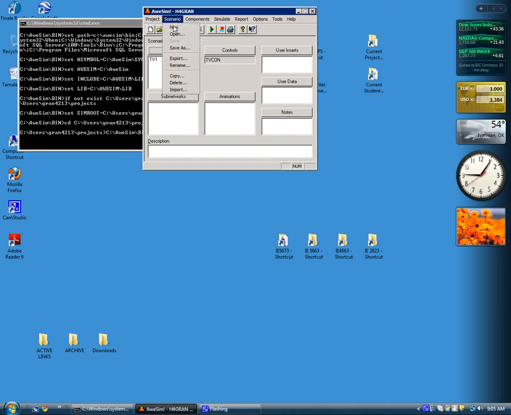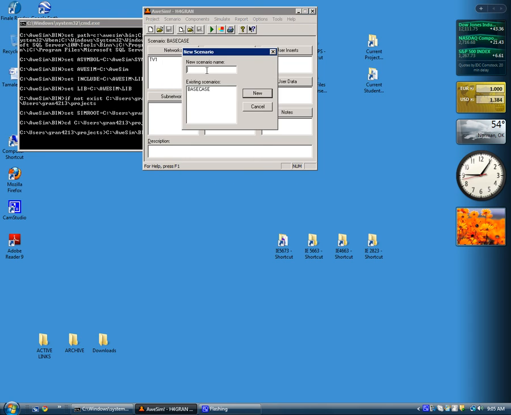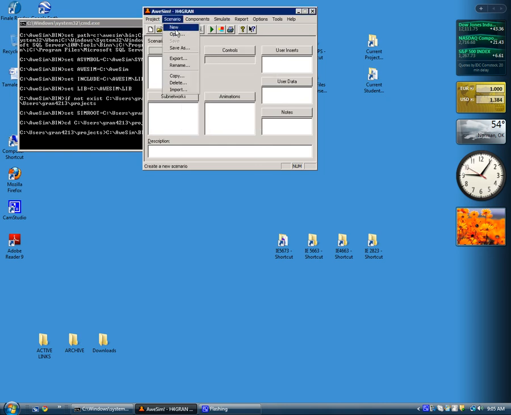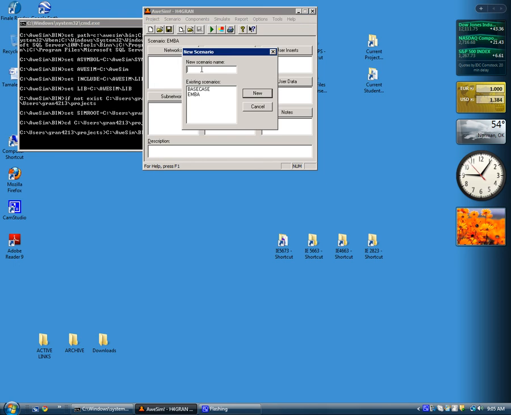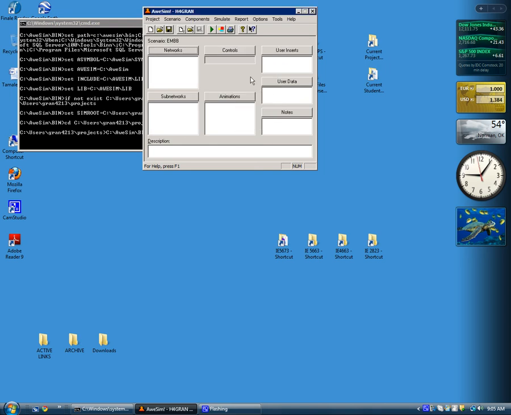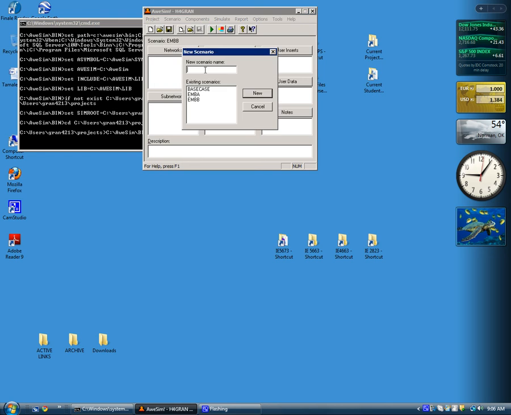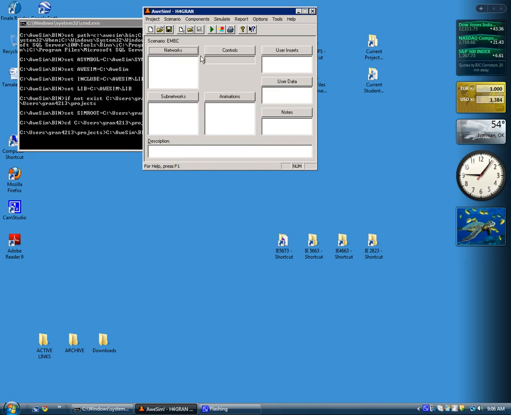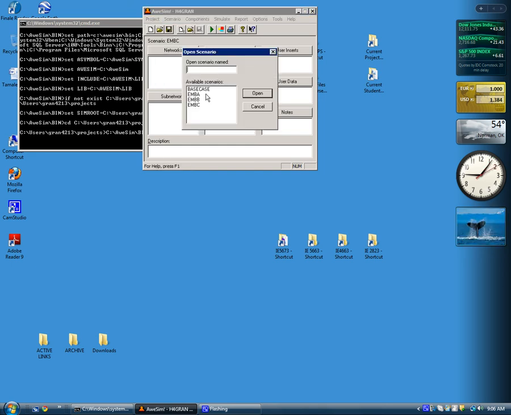So we click on Scenario and New, and we can call this first one Embellishment EMBA. Okay, and we can create the second one EMBB for the B case, and the third one EMBC. Okay, so now we have set up, if we click on the scenario and open, we have a base case plus three different scenarios. So if I switch back to the base case,